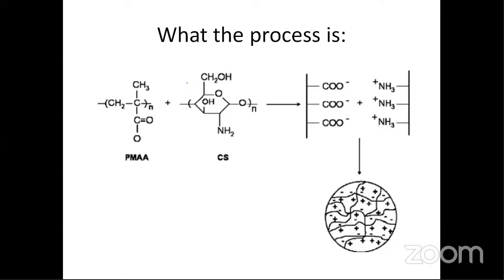Okay, ma'am. Basically, this PMAA, polymethacrylic acid, has acidic groups, COOH groups, and the chitosan has basically OH and NH2 groups. Can you see my pointer? Yeah, we can see it. Okay. Basically, this amine side of the chitosan and this acid side of PMAA come in reaction with one another, and we have a soluble CS-PMAA solution.